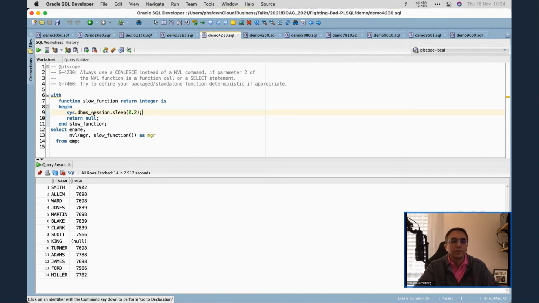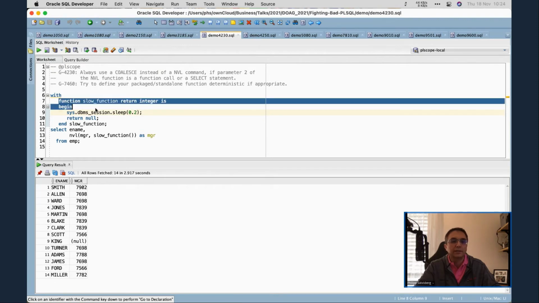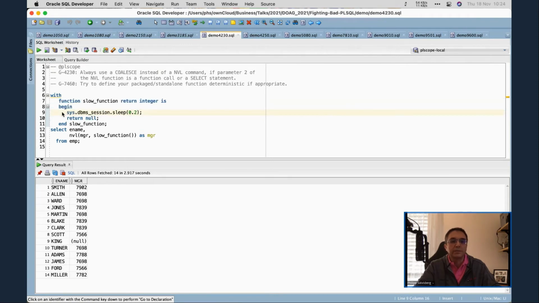So the slow function is called 14 times. And 14 times this slow function is defined here in the with clause. And as a first step, it just sleeps 200 milliseconds. So I spend at least 2.8 seconds in this slow function because that's the total time spent here. And then I have a bit of overhead for the rest of the query. So that's the reason. When I write here COALESCE as suggested,